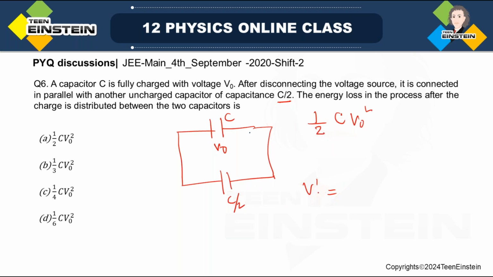Let us say Q1 is the charge stored here, and Q2 the charge stored on the other. So with V prime, I need to find out what is Q1, that is